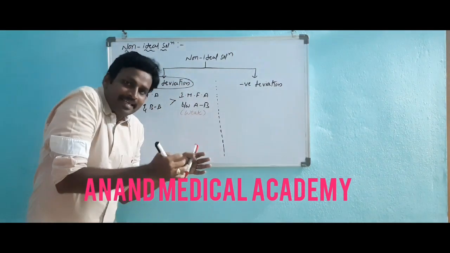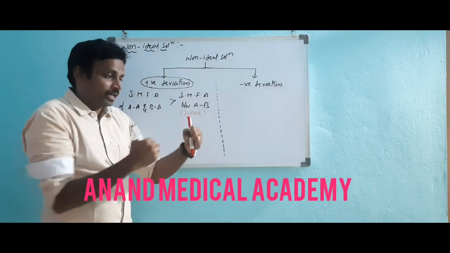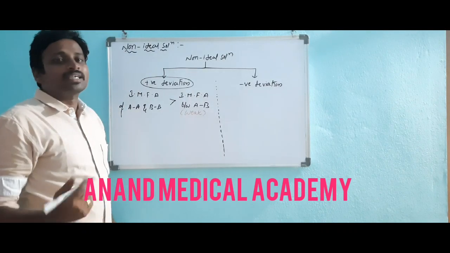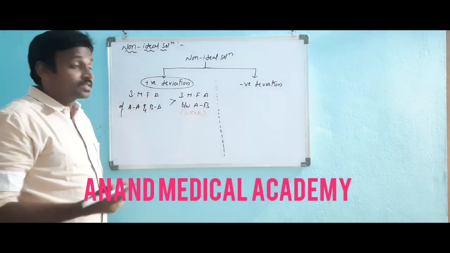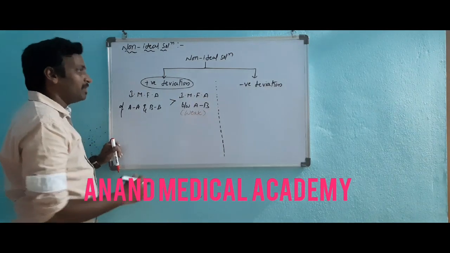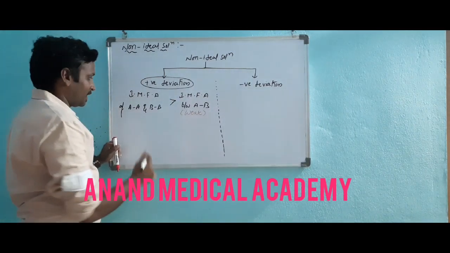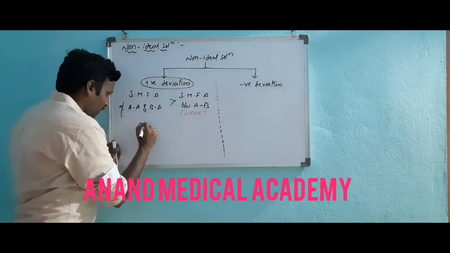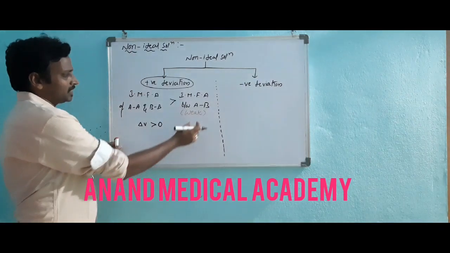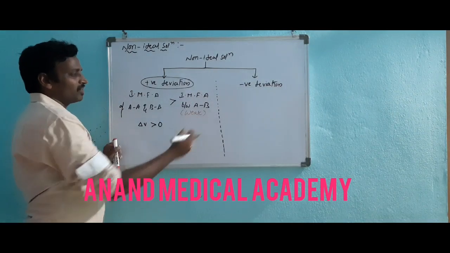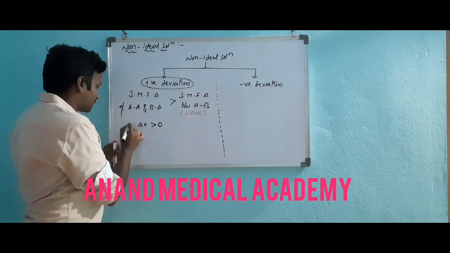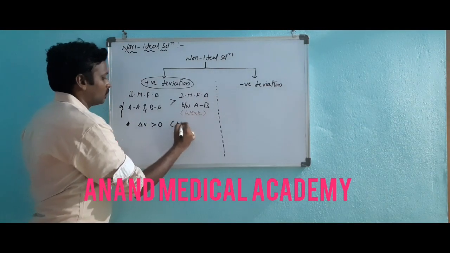A is a solute, B is a solvent, both are hating each other to combine. Then they show positive deviation. Here you can understand delta V is greater than 0, definitely, because intermolecular forces of attraction are weak in solution. So delta V is greater than 0 for